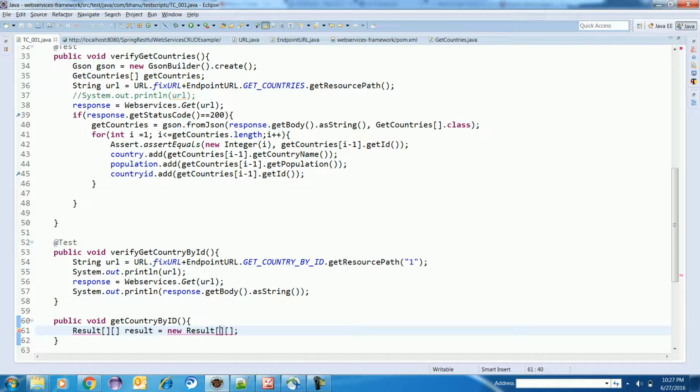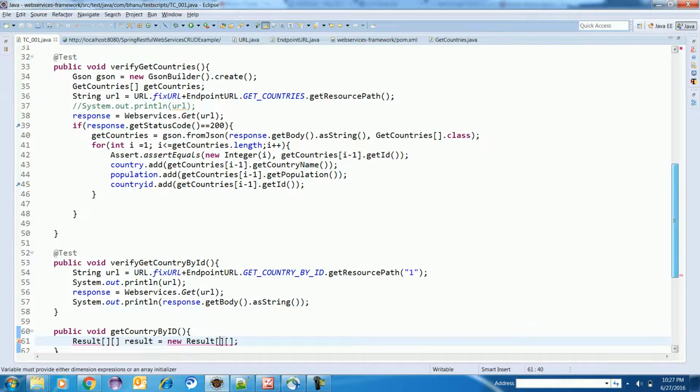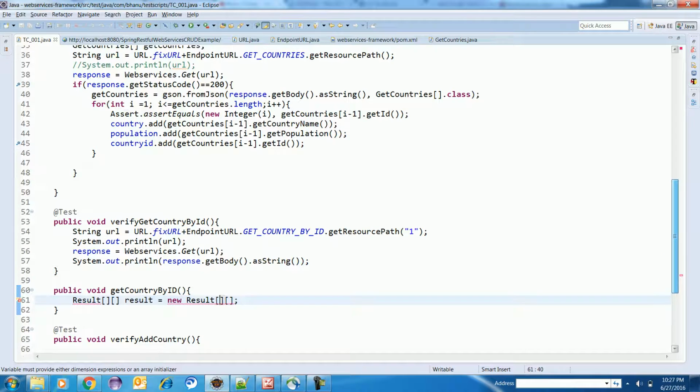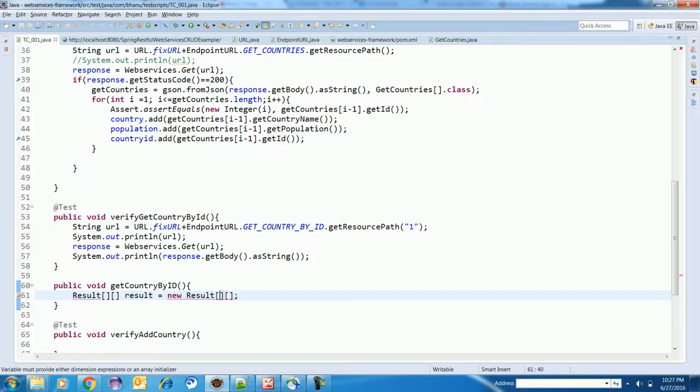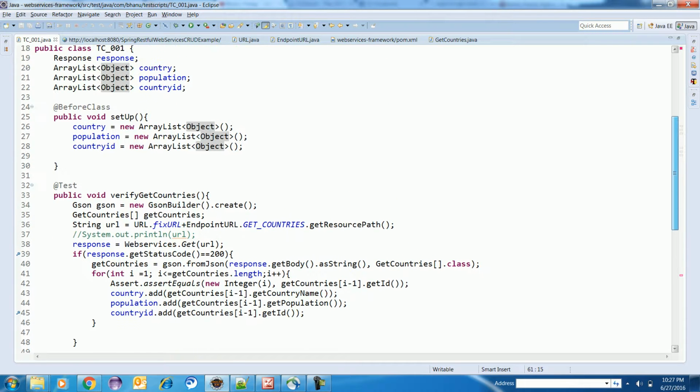So instead of supplying the size here, I'll create the object of the array, and here also it is the object of the array. Basically the data provider consumes data which has a return type of an object of array, right, which has a return type of object of array.